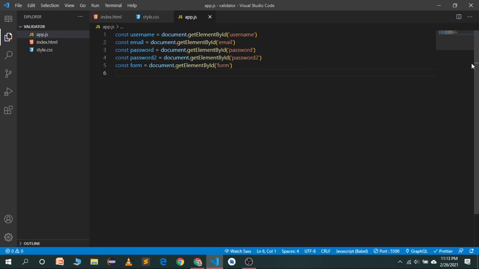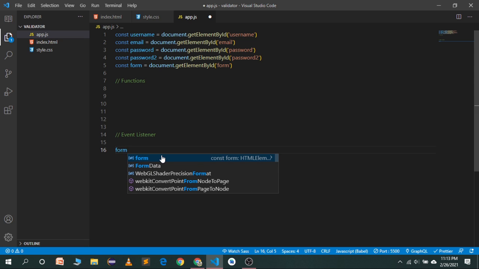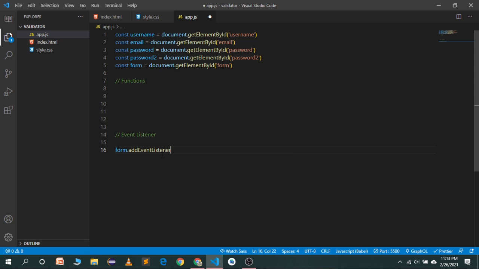So first of all, we have functions, and we will run these functions on an event listener. So we'll set an event listener here. We want an event listener on the submit. So what we'll do is, we have a form, so we will add an event listener to the form with form.addEventListener,